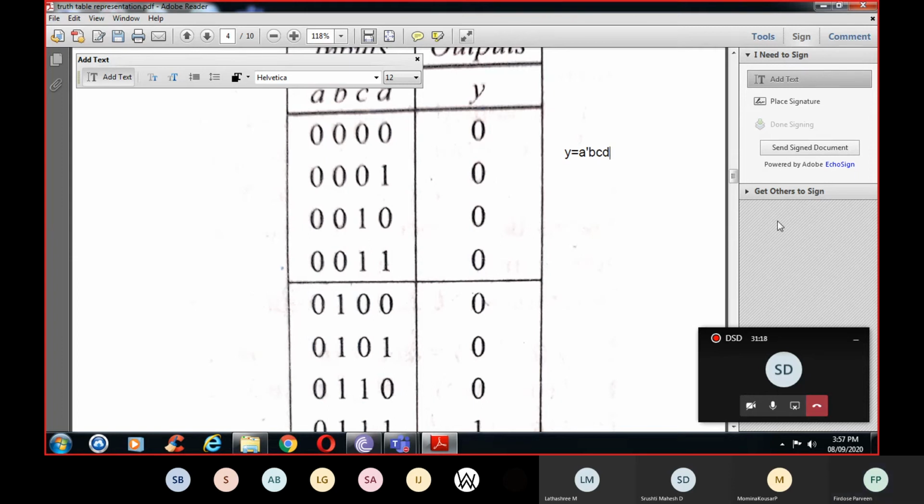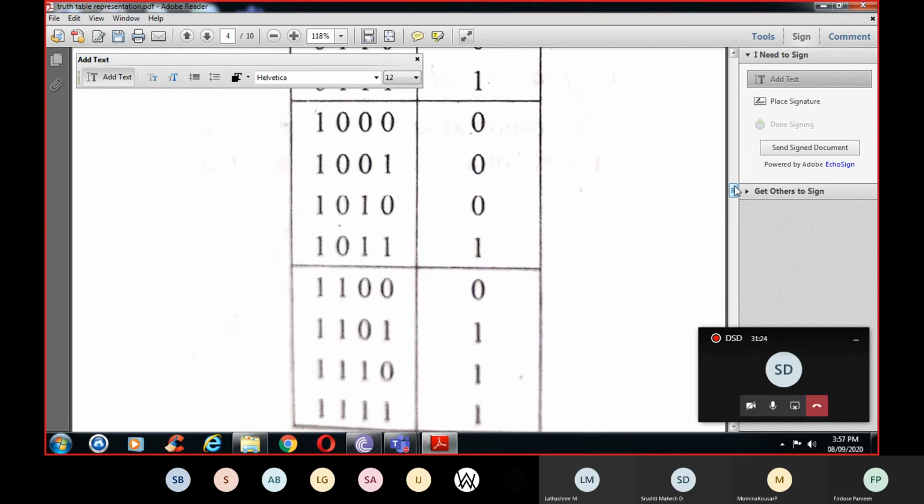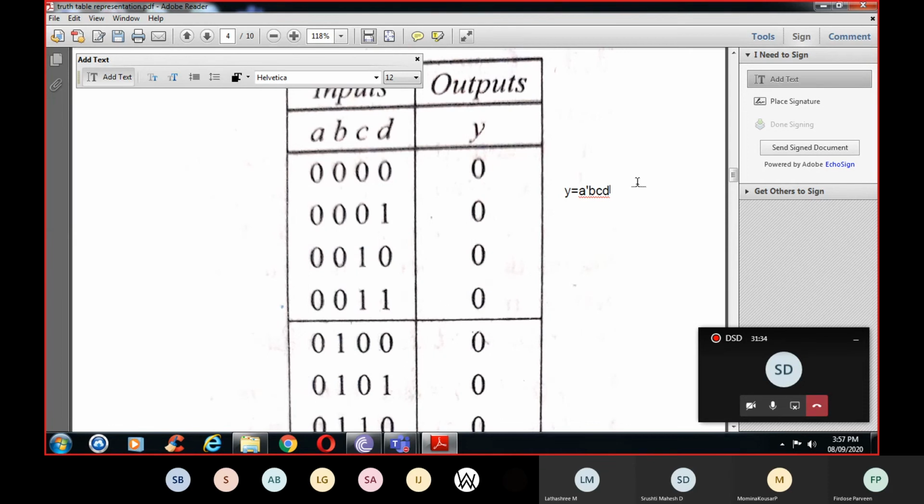Okay. And still where it is 1? 1, 0, 1, 1. So 1, 0, 1, 1 means, how will you write? That is 1, 0: A, B bar. B bar means 0. C, 1, 0, 1, 1. So 1 is A, 0 means it is with bar, C is 1, D is 1. Okay. So 1, 0, 1, 1.